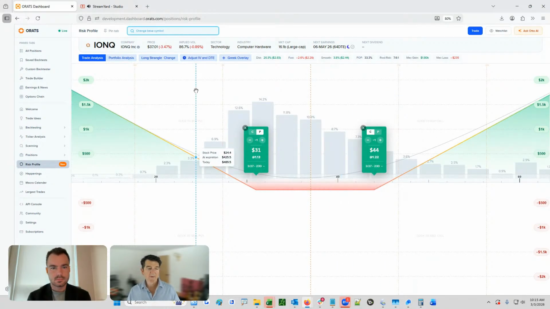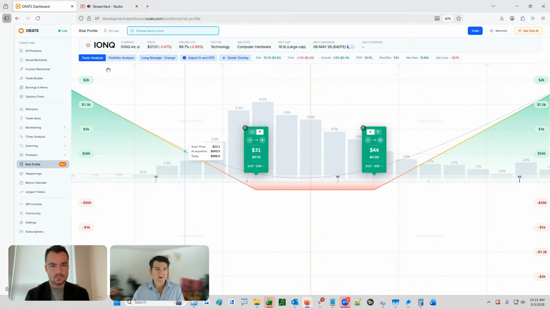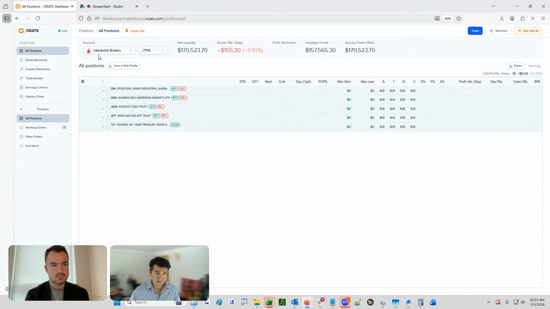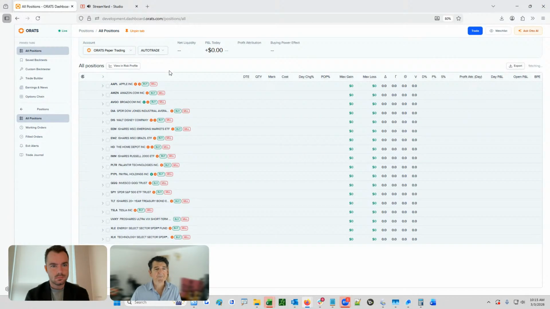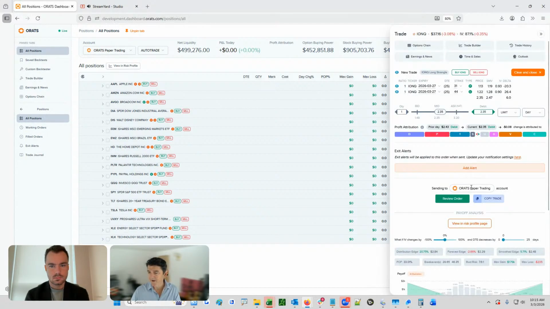So maybe what we could do is put this trade on in our paper trading. So I have to go to my positions, pull up the paper trading, and then go back to the trade, and we'll see paper trading here, and then